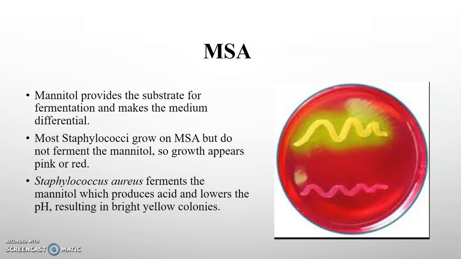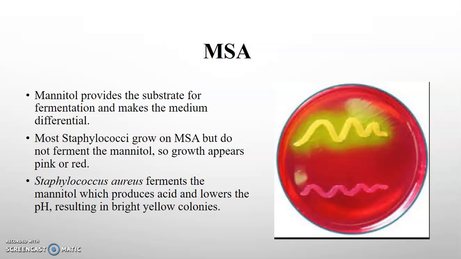looking at Staphylococcus aureus. Other types of Staphylococcus grow on this plate, but they don't really ferment the mannitol. They don't use the mannitol for an energy source. So if they don't ferment the mannitol, that means acids don't get released. If acids don't get released, that means the pH doesn't change. If the pH does not go down, that means the pH indicator is just going to be this bright pink color, which is what we see here. So that means we're looking at some other type of Staphylococcus, maybe something like Staphylococcus epidermidis that commonly grows on